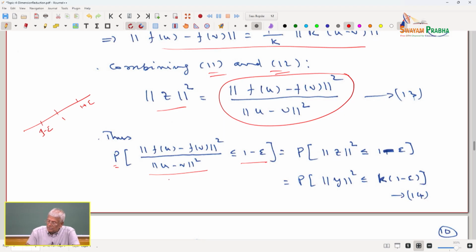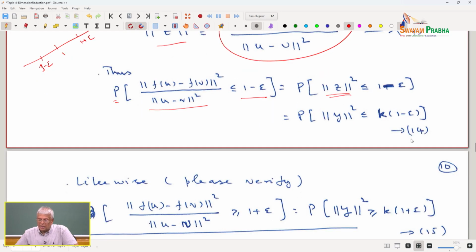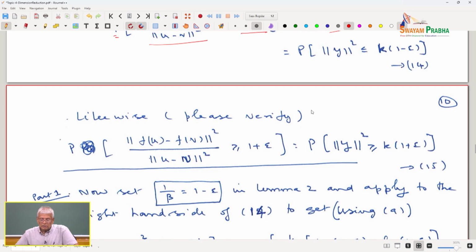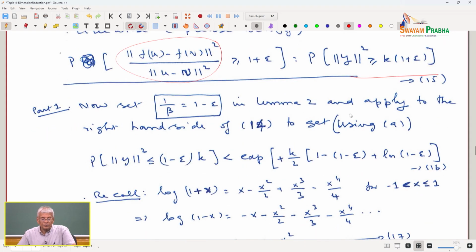And this ratio is the same as the square of the norm of that, which in terms of Y is equal to k times 1 minus epsilon, square of the norm of that. Likewise, please verify the complement: this ratio is going to be greater than 1 plus epsilon, and that becomes norm of y square is greater than or equal to k times 1 plus epsilon. Now, if we set 1 by beta equal to 1 minus epsilon in lemma 2, and we apply the right hand side of 14, we get, using 9,